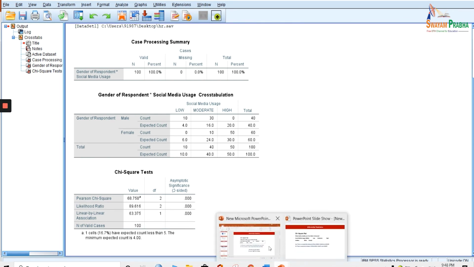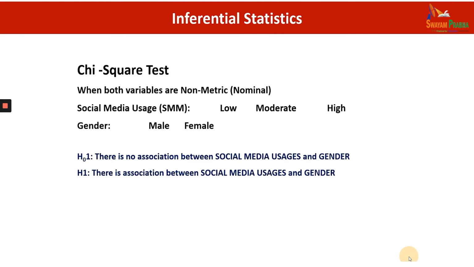There is one golden rule, that how do I decide whether my hypothesis will be accepted, not accepted, rejected, not rejected. Look, we always think from the null hypothesis point of view. You can give in your research either an alternative hypothesis or a research hypothesis, but we have to take the decision on the basis of the p-value with respect to the null hypothesis. Now I am going to tell you one golden rule which you will never forget, on how to accept or how to reject the null hypothesis here.